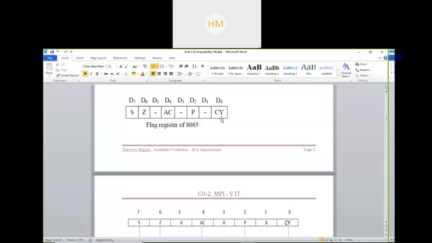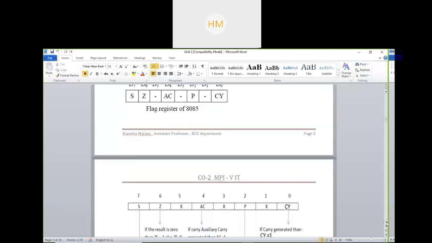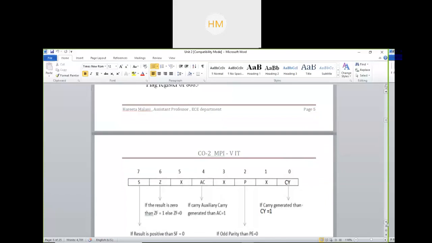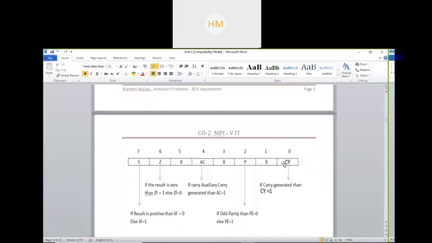D0 bit is my carry bit. It will reflect the result status, whether after addition, subtraction, multiplication or any operation the result has a carry. If carry is generated, this bit will be set to 1. What do you mean by parity?